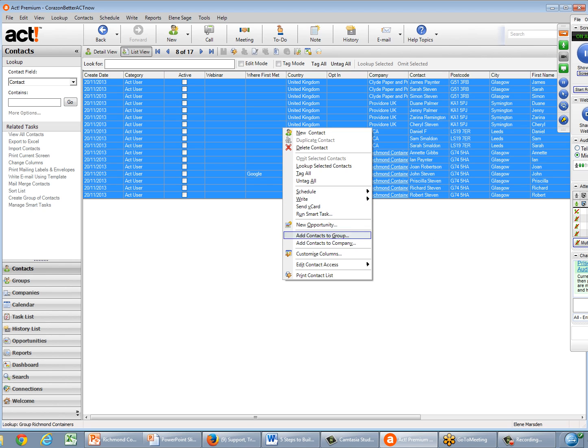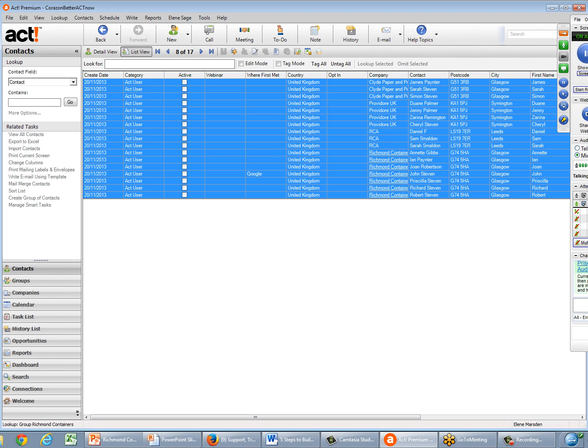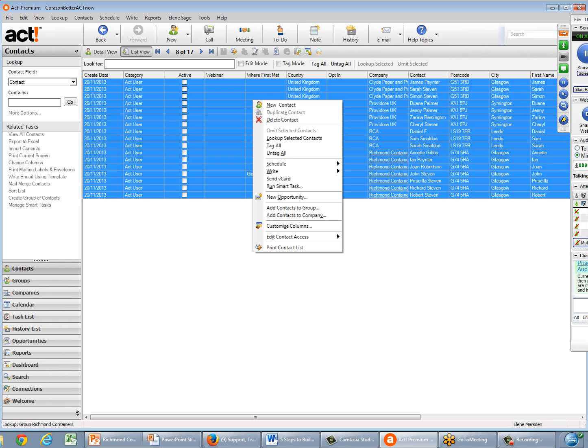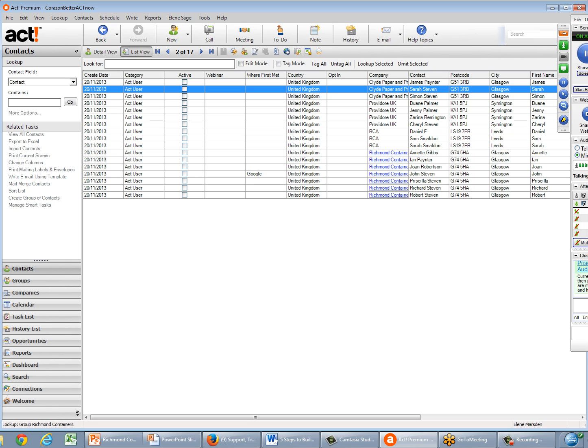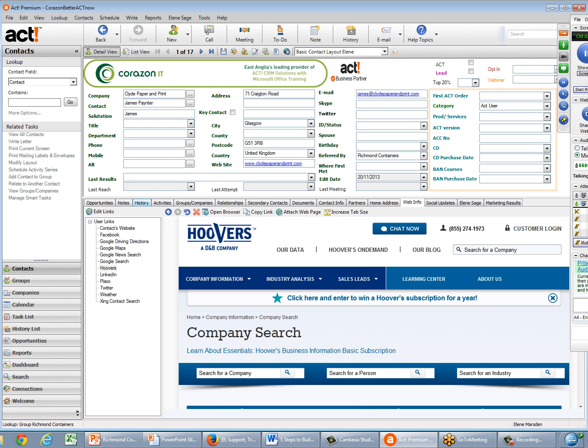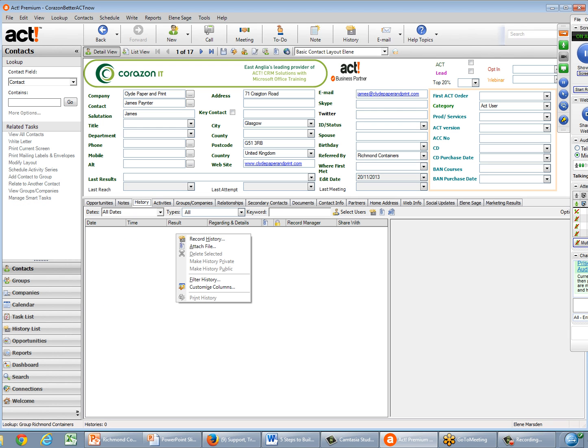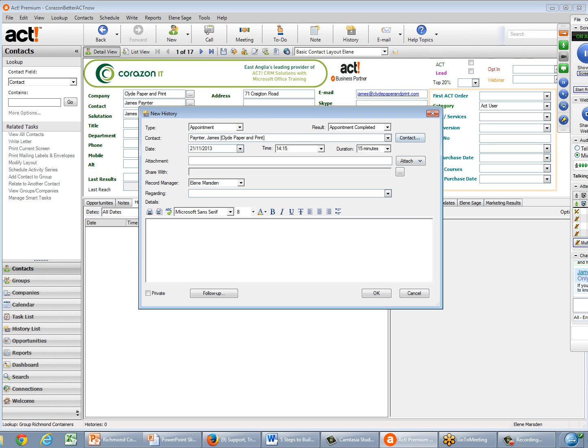Okay, so I need to get back to you on that because I'm not seeing what I'd expect to see. There's probably another way to do it. Okay, so let's just take a little look. Take one and history, right click, record history. And from there, let's just see. Probably if I'd highlighted everybody, they would all show as recorded history from all of them and then type it all in.